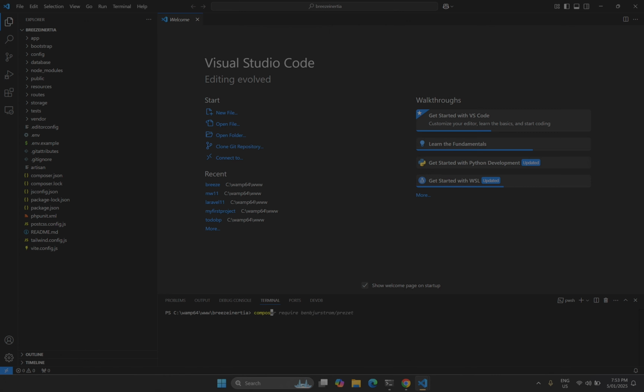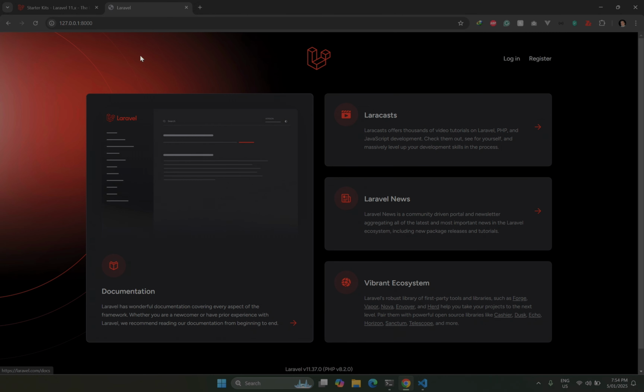So we will say composer run dev here. And now if we go to our project and refresh, you can see the same project, but this time with